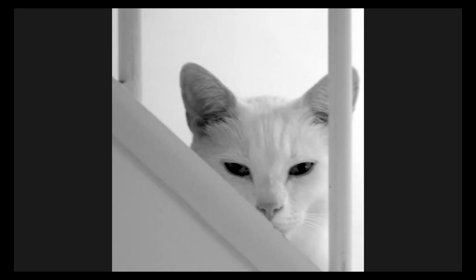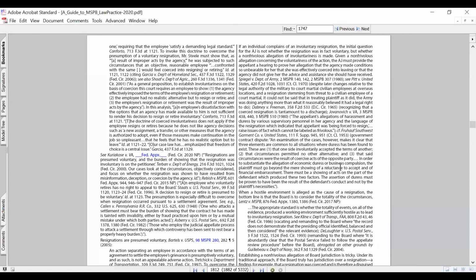We return now to our friend, the MSPB guide, and we're back here again. What we've been looking at is a way to move to a discussion point that we're interested in relative to resignations using first the table of contents feature. Now let's say you wanted to do this using the index and you wanted to use the index to find